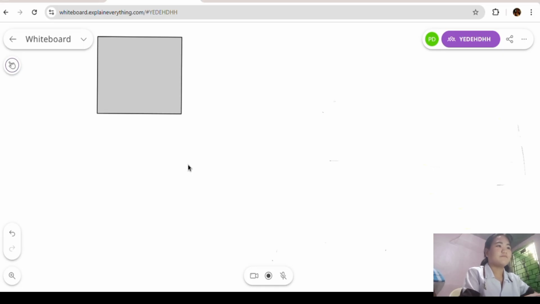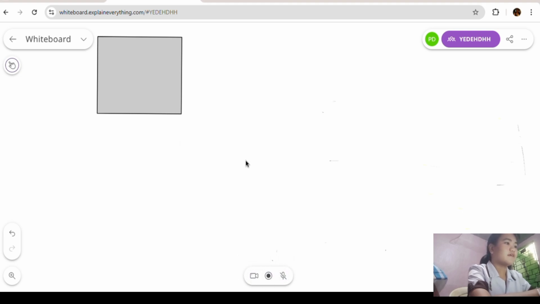Also, one of the best features is you can record everything, your drawings, annotations, your voice, and export as a video. After recording, you can edit the video, trim parts, cut out mistakes, speed up and slow down segments, and even rearrange things. Once you're happy, export your project as a video, GIF, or share as an interactive. Here at the bottom, the video, start recording, and the speaker. I will use this later.